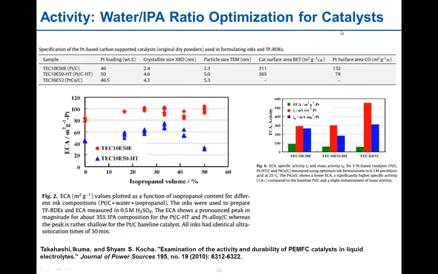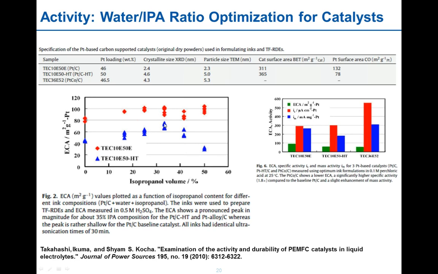So this is based on a paper published by Sham a couple of years ago, showing how the ink formulation affects the platinum surface area of the catalyst. On the top here you have two different catalysts, a TKK catalyst, heat treated and non-heat treated. And you can clearly see, especially on the blue curve, that there is an optimum ink formulation